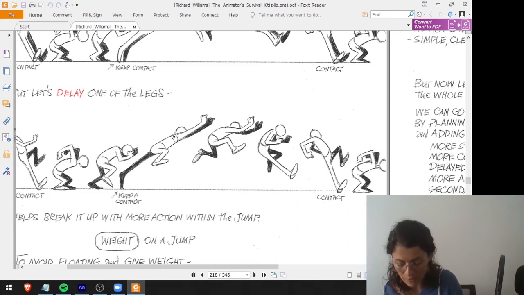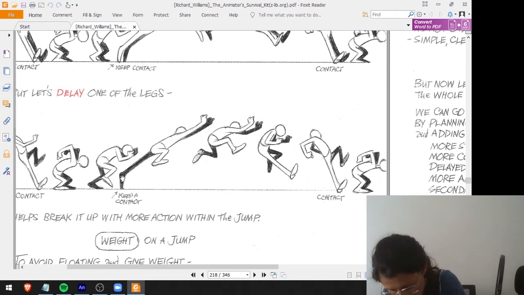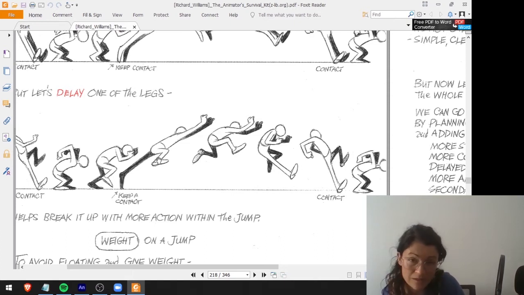Okay, this pose is very important. So you see that here the character is stretched, and I can see very well everything stretched here. But when I say everything, it's everything that is important for the movement right now. So this foot is very important in this animation. Okay, I will keep this contact. I'm stretching the foot, I'm stretching the leg, because this leg is the one that is pushing the body up to the air. Okay, so I will stretch this one, but I will not stretch this one. That doesn't make any sense.